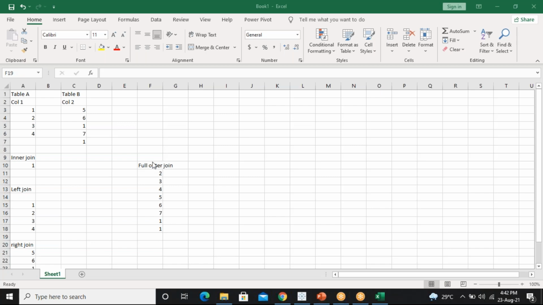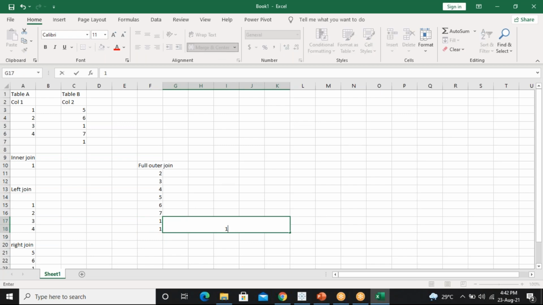Okay, so Manu has given 2, 3, 4, 5, 6, 7, and I told like this. Full outer join is nothing but everything from the left side and right side. In this place, this 2 which is coming 2 times, we will consider this as Cartesian multiplication, which is 1 into 2 times, where 1 is repeated 2 times. So we will take it 2 times. In Tableau we will say this is called Cartesian multiplication.